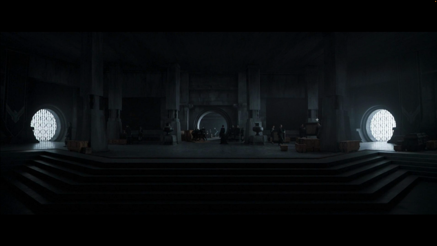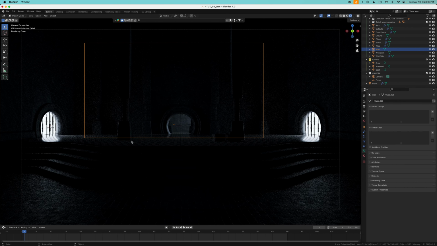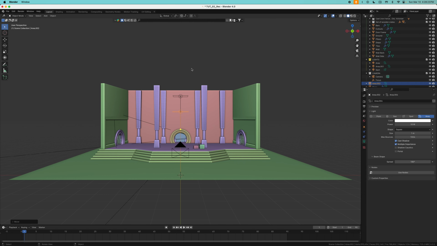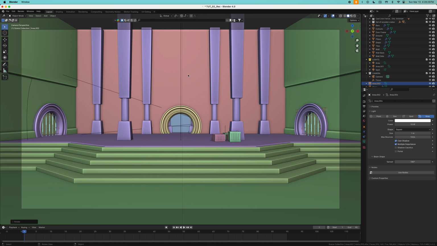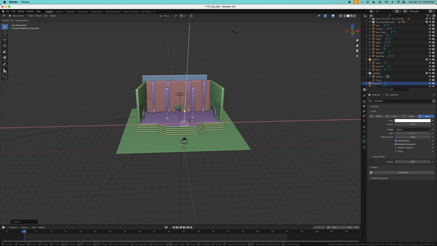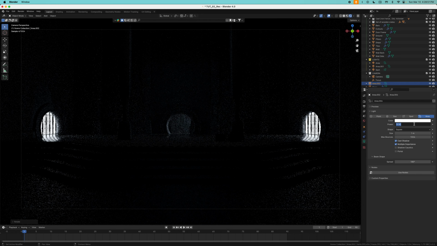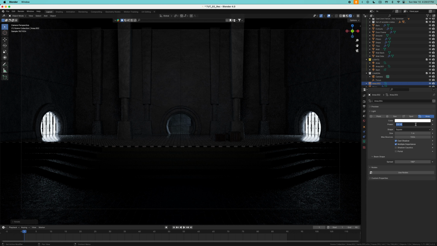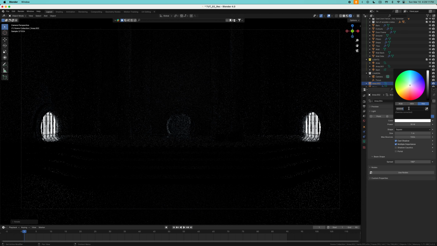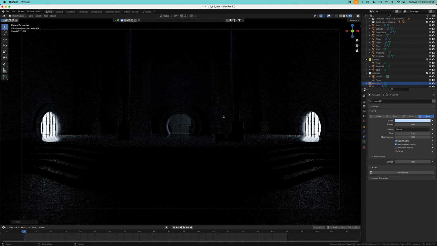Next, if you look close enough, you're going to see that we have some light that is illuminating the center part over here, like this wall or these pillars. So let's try to replicate that as well, because our scene as of right now is a bit too dark. We're going to create a new area light and put it over here and rotate it up this time with Y and 180, and let's rotate it to the front with R and X like this. Let's increase the intensity to 200. That's a bit too much. Let's lower it to 30 and set the same color again, and now our scene is not as dark as it was before.